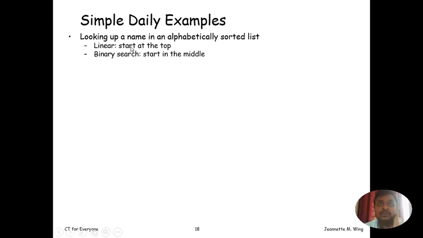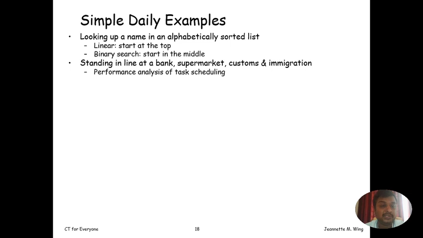So linear approach, you start looking from A to Z, where your name appears, or to bifurcate it, binary search. So upper half, lower half, and then upper half, lower half, and so on. So binary search: within how many iterations are you able to get to what you wanted.